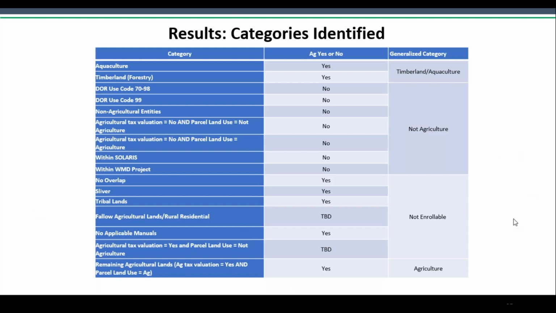So this table provides an overview of how the parcels are categorized and how they are considered for program planning and policy purposes. There are some categories listed here that we haven't discussed with you today, but we included them because they are part of our larger policy discussions. And in the next few slides, we will show you an example of how this analysis can impact our metrics within the water quality restoration plans. Next slide.